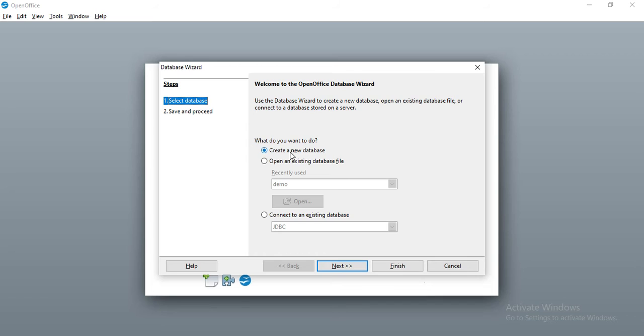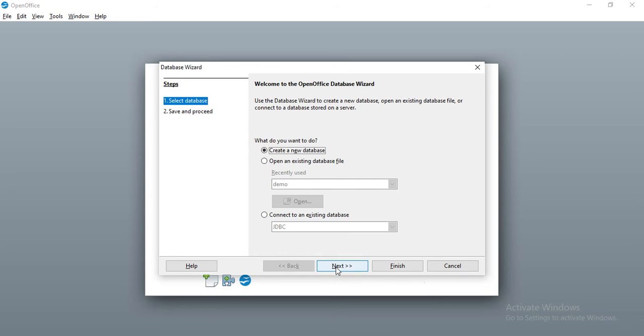You can create a new database by selecting the option Create a new database. If you already have a database and want to open it, you can click on Open an existing database file.